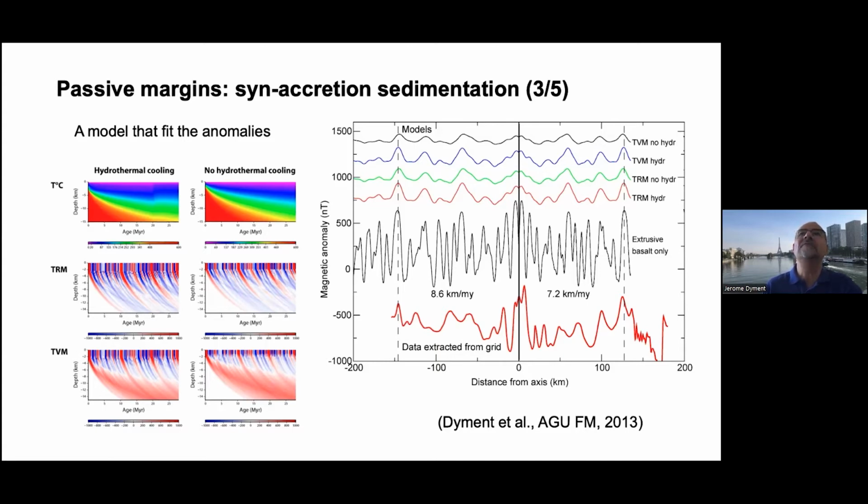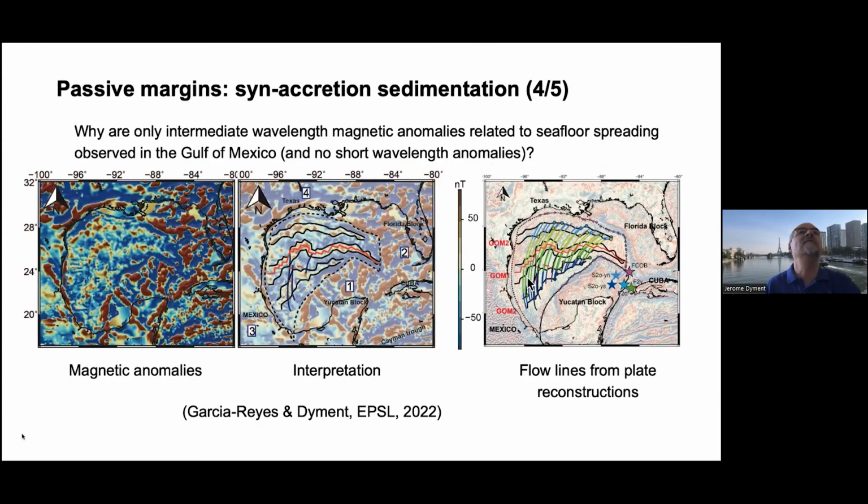In the Red Sea, you have a thick salt layer, and salt is deforming when you have extension. So the salt layer is never broken, and the basalt never goes to the surface. So you don't create the extrusive basalt layer. You have only intrusive basalts, gabbros, serpentinized peridotite, if you can have water going that deep, and that creates those longer wavelength magnetic anomalies. A similar thing is observed in the Gulf of Mexico, as you can see in a